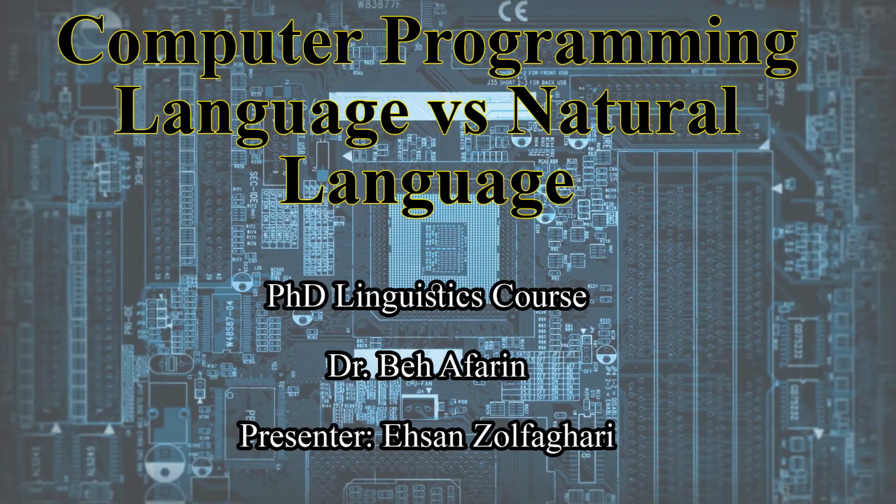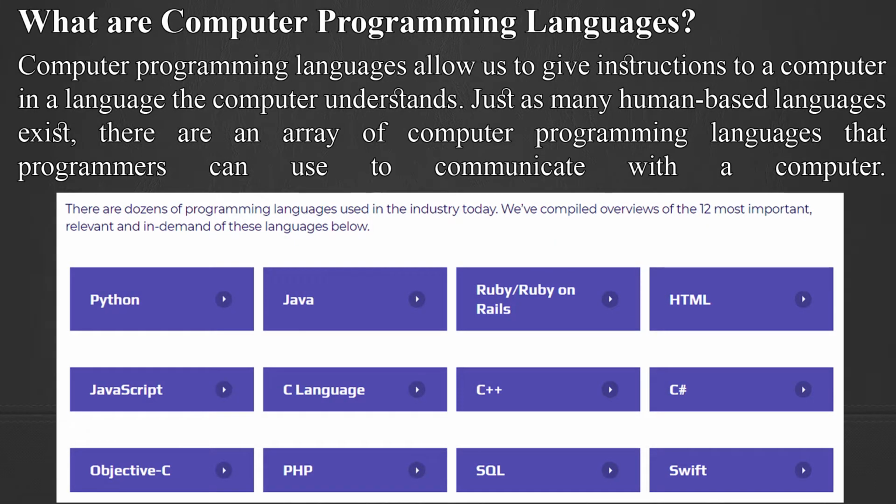Let's get started. First of all, let's have a better grasp of computer programming languages. A programming language is a formal language comprising a set of instructions that produce various kinds of output. Besides, as you can see on your screen, computer programming languages allow us to give instructions to a computer in a language the computer understands. Just as many human-based languages exist, there are an array of computer programming languages that programmers can use to communicate